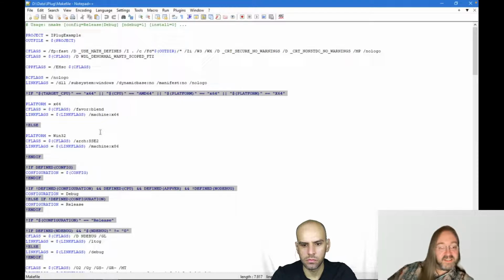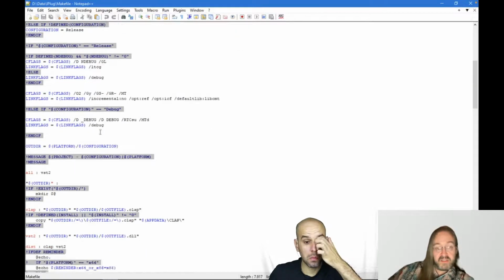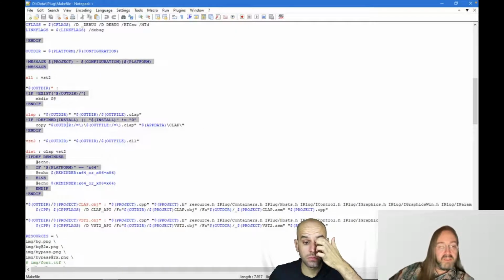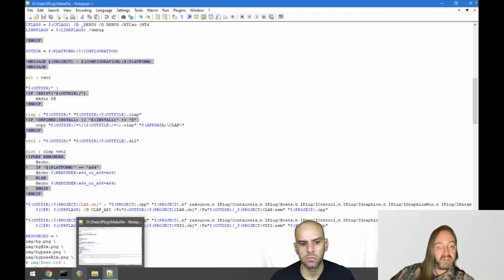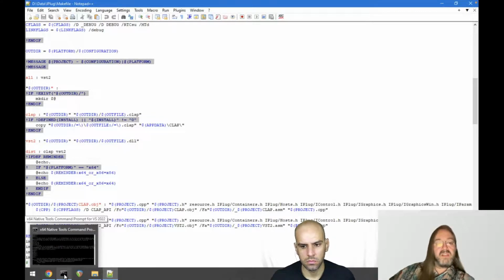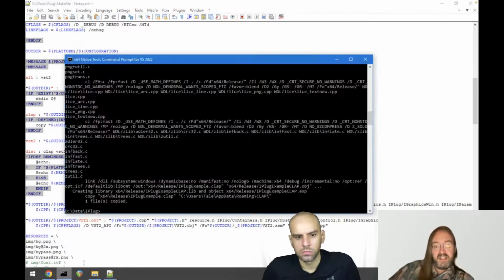So okay. Yeah, so this is just something I set up, and I've even set up that the clap version doesn't only build the clap version, but it also copies it to a location where Reaper will be able to find it. This is, by the way, something the default example does not do, because I don't know if someone is using Reaper or not. So I know I am using Reaper.